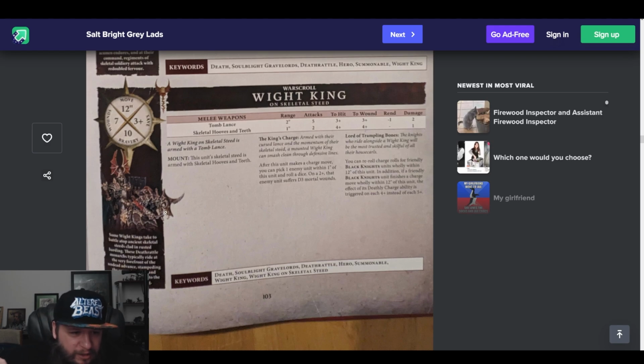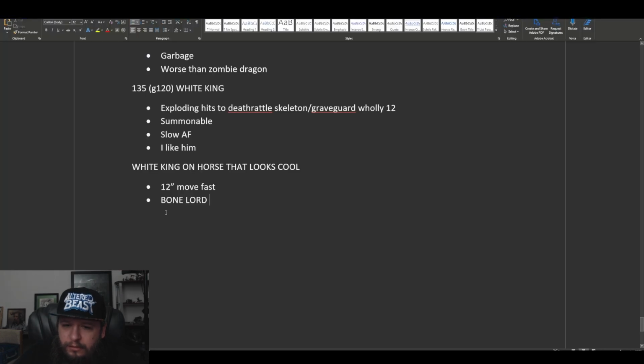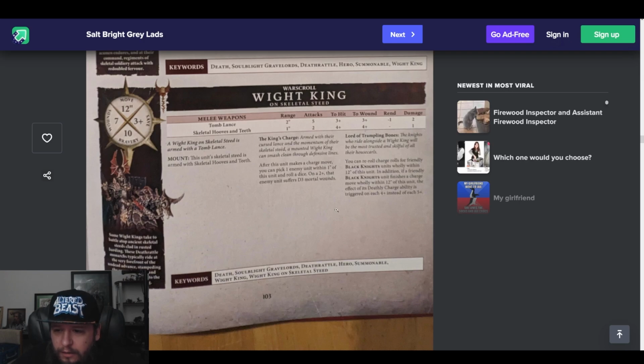You're going to play a bunch of Black Knights or something. Okay. So you can reroll charge rolls for Black Knights wholly within 12 of this unit. And I don't know if Black Knights are good this edition or not, but they were not before. Hopefully they are. If Black Knights are good, you might want to play this guy. I hope they're good. In addition, if a friendly Black Knight unit finishes a charge move wholly within 12 of this unit,